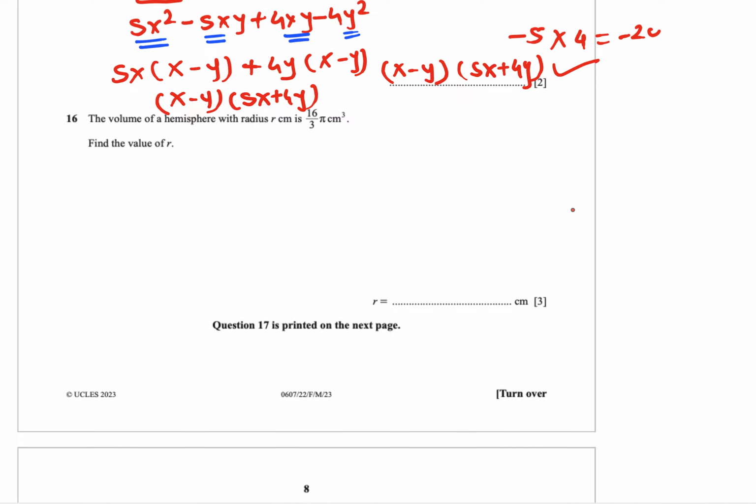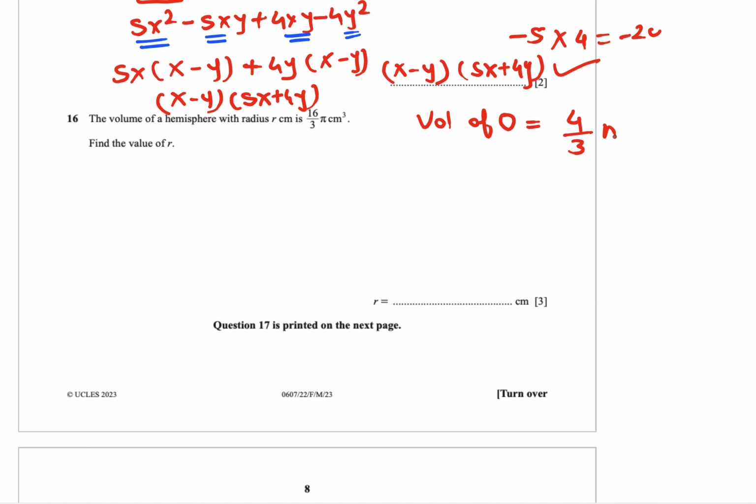Now let us move on to the next question, which is about the volume of a hemisphere. We know that the volume of the sphere is 4 by 3 pi r cube. So in the same way, the volume of a hemisphere will be half of this. So the volume of a full sphere is what? 4 by 3 pi r cube. So the volume of a hemisphere will be